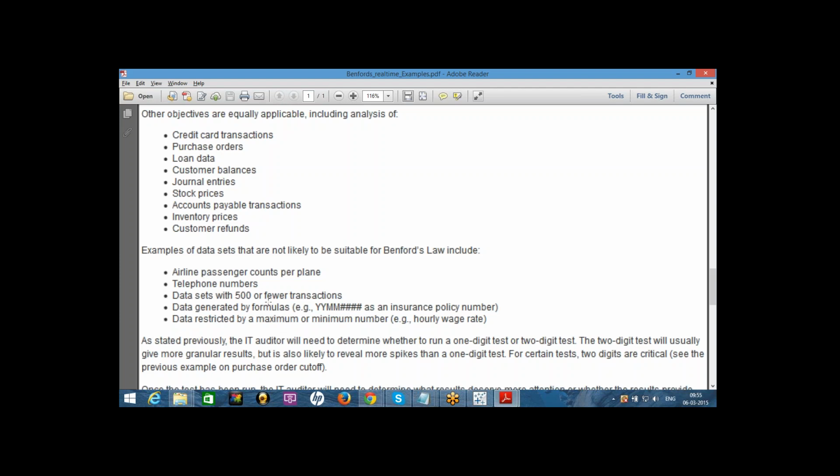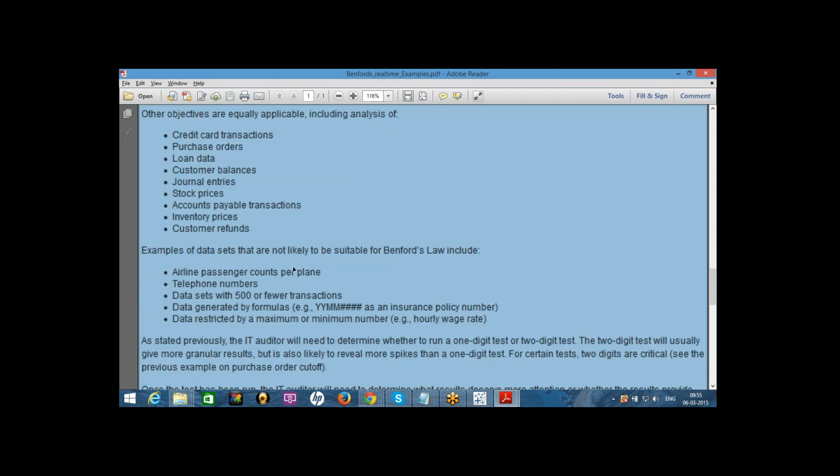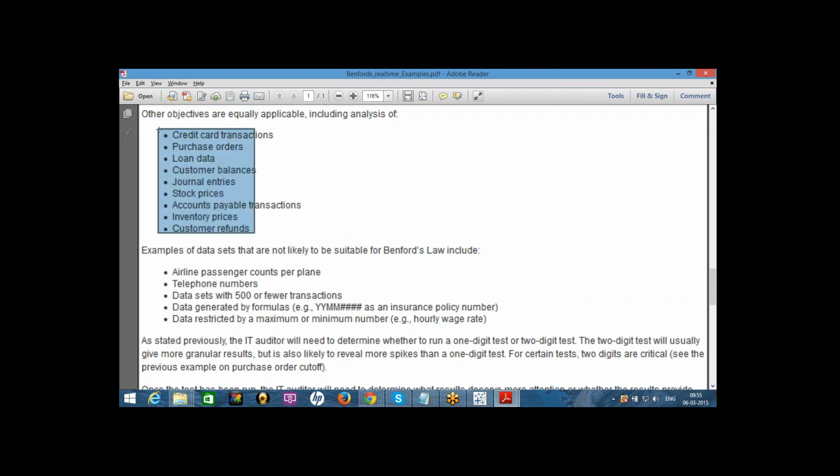Data sets with 500 or fewer transactions. Data generated by formulas, Benford's law won't work for that, and data restricted by maximum or minimum numbers. It should not have maximum or minimum numbers. So in these specific cases, we can't use Benford's law, and in other cases we can use Benford's law. So that is the use of Benford's law.